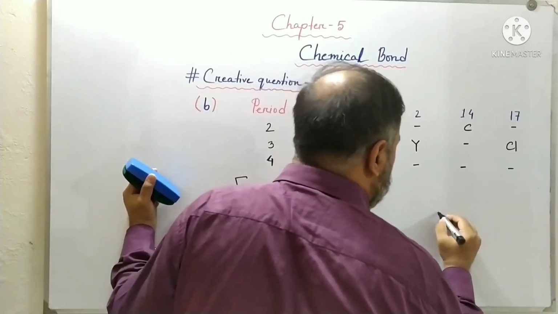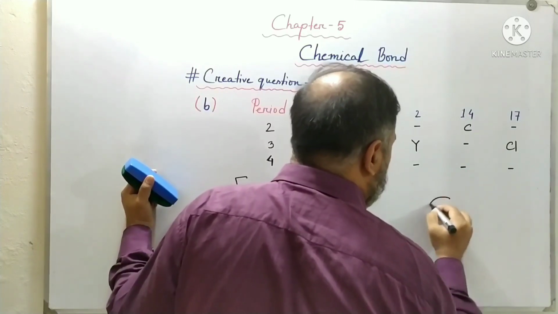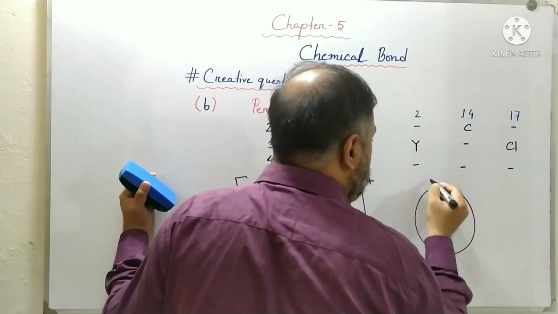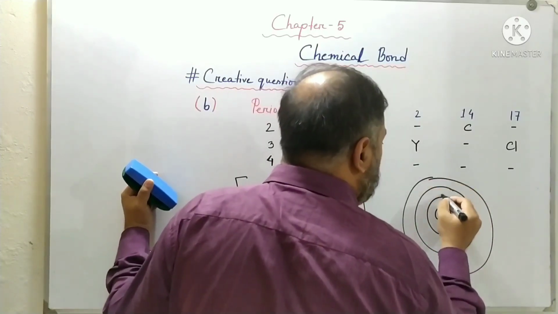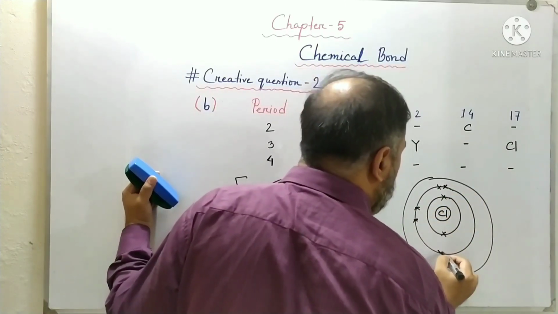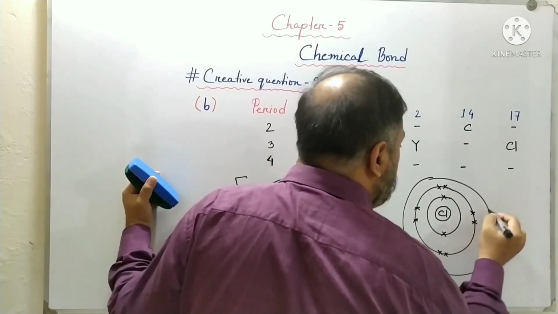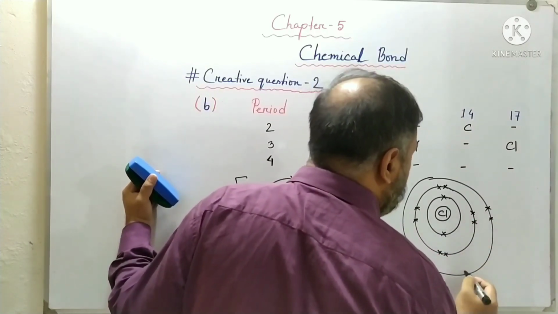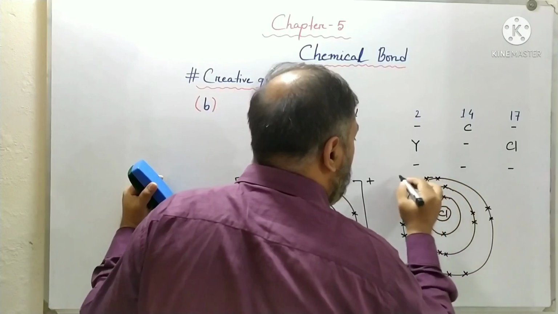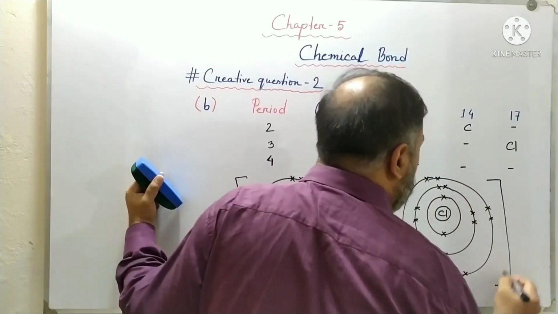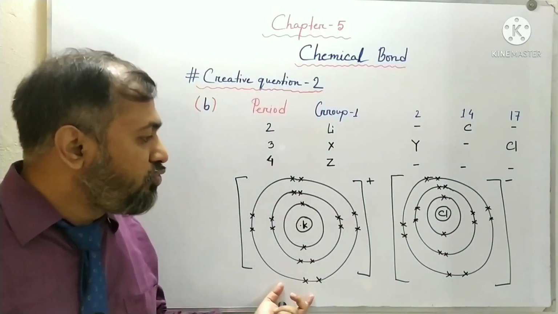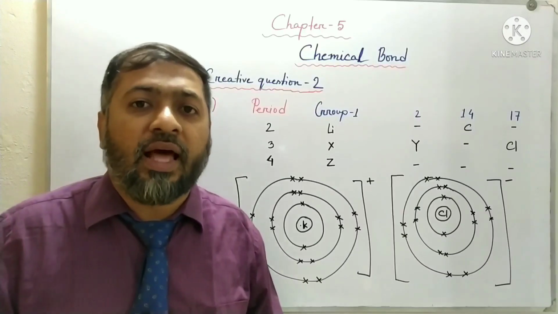On the other hand, in the first energy shell, chlorine has 2 electrons. In the second energy shell, chlorine has 8 electrons. In the third energy shell, chlorine also has 8 electrons. So by receiving 1 electron in the outermost principal energy shell, chlorine becomes negatively charged. And these two opposite ions, that means cation and anion, attract each other by electrostatic attraction force, and a chemical bond is formed between these two ions, and that is known as an ionic bond.